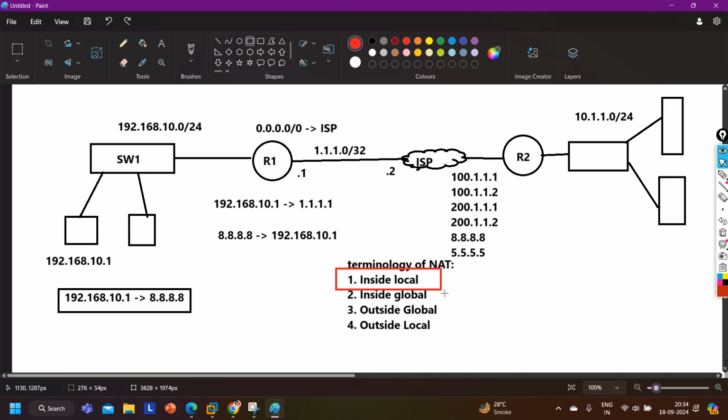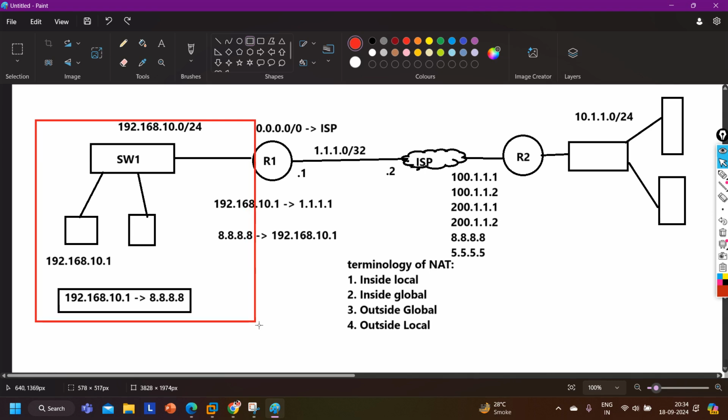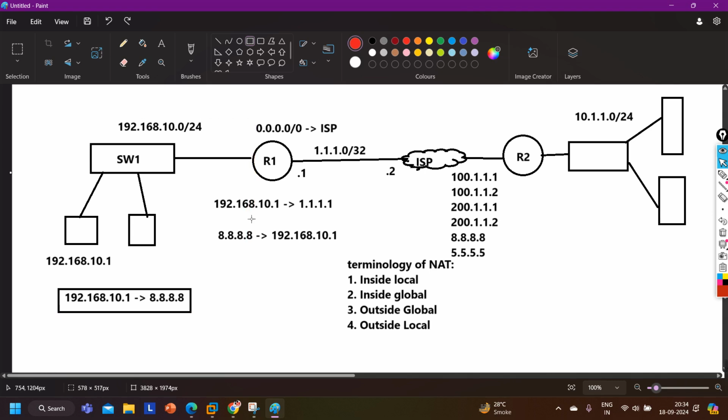See, inside local means my local network, this one. Inside global means my public network, this one, right? Outside global means the Google public network, this one. And outside local means the Google private network, this one, right?